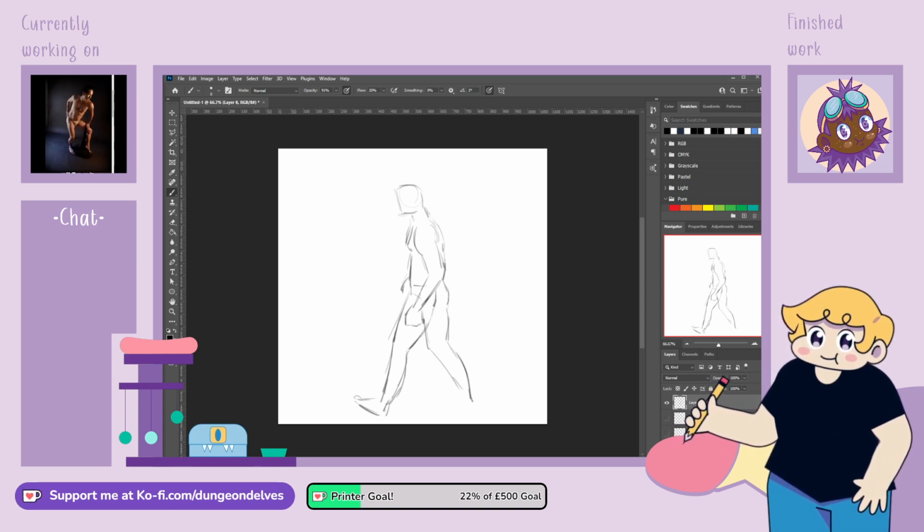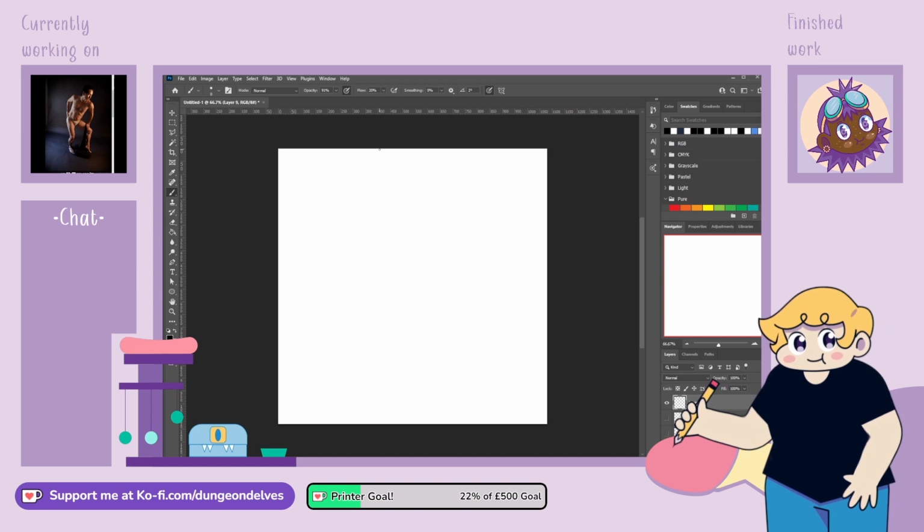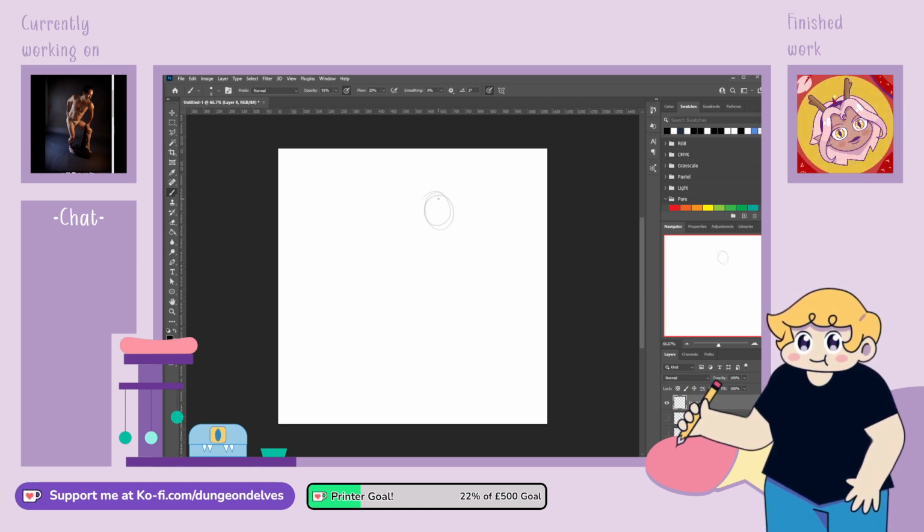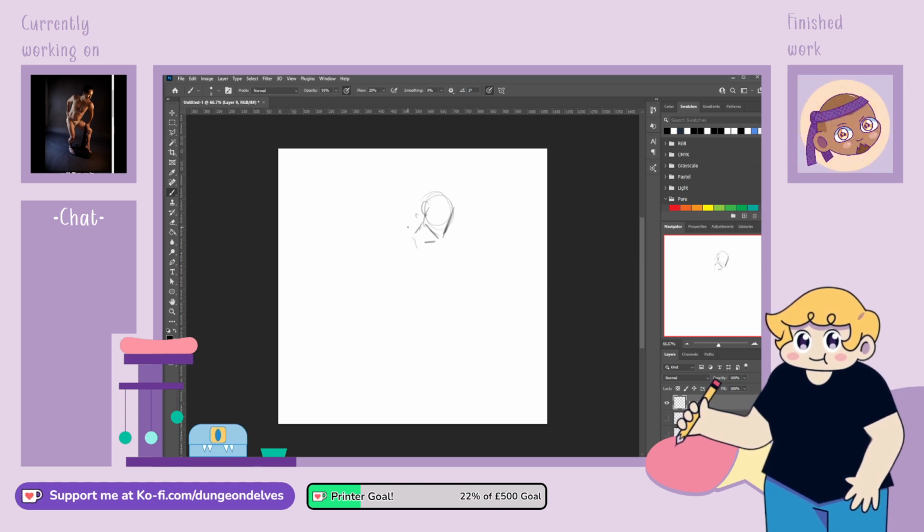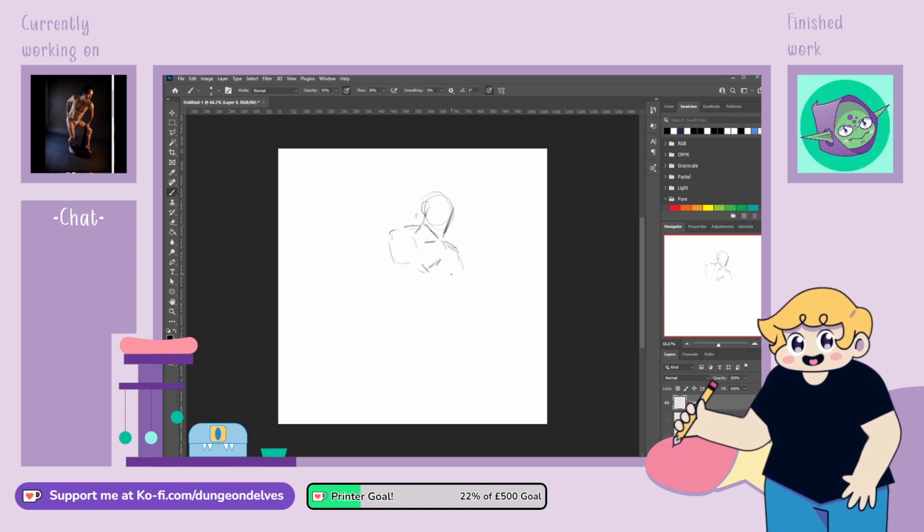Oh, dang. Okay. Still at a minute. Oh my gosh, there's perspective here. This one's a difficult one for a minute, but let's try and get this done. Okay, we got a neck, and we got a chest here, and a shoulder, and then this body is going right over here.